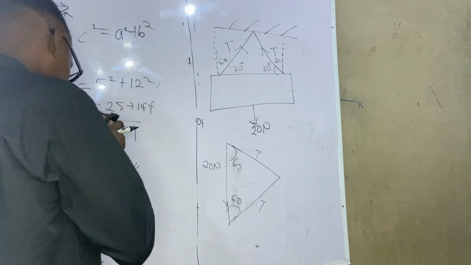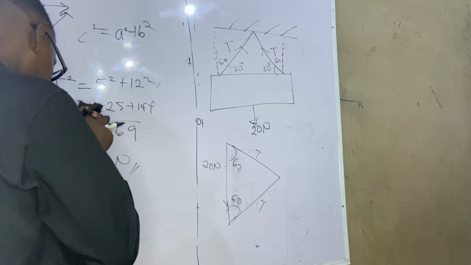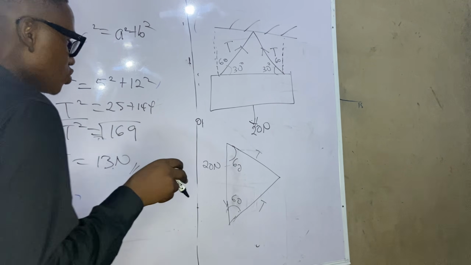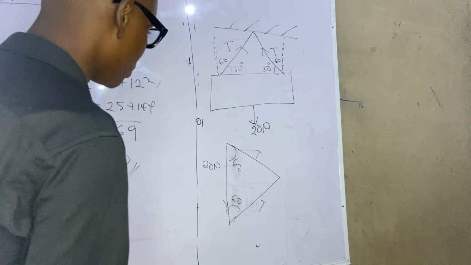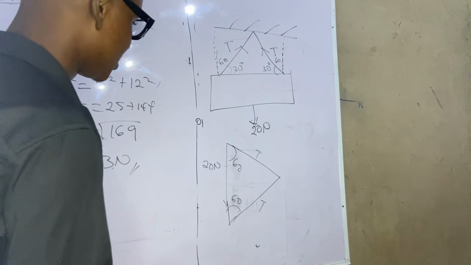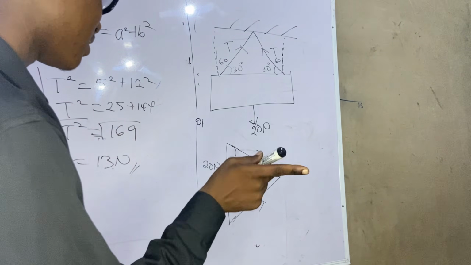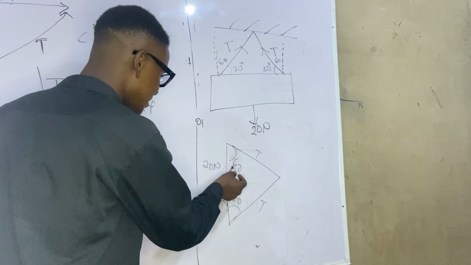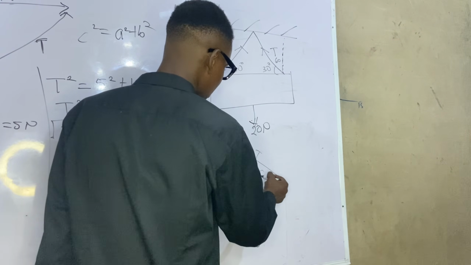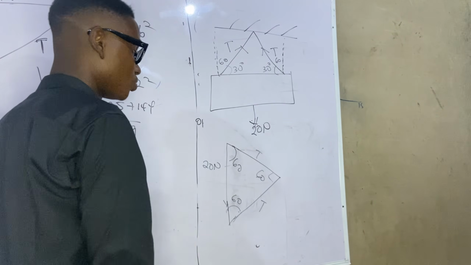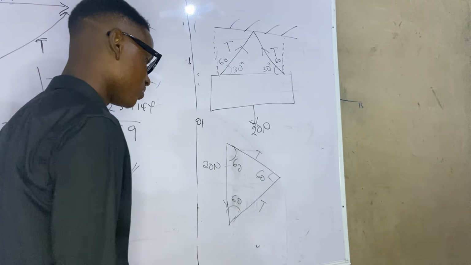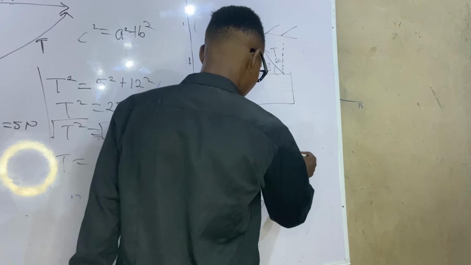So we are asked to look for the tension in the rope. What you can use to look for it here is just the sine rule, because this is actually straightforward. This looks like an equilateral triangle. So here is 60, and here also is 60. Since there are two equal tensions, just look for one and you've gotten both of them. So that will be T over